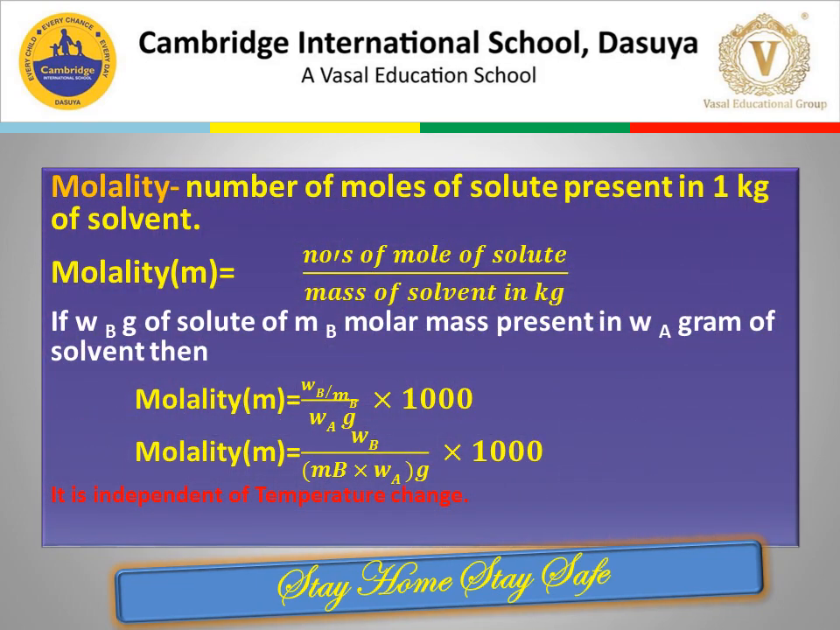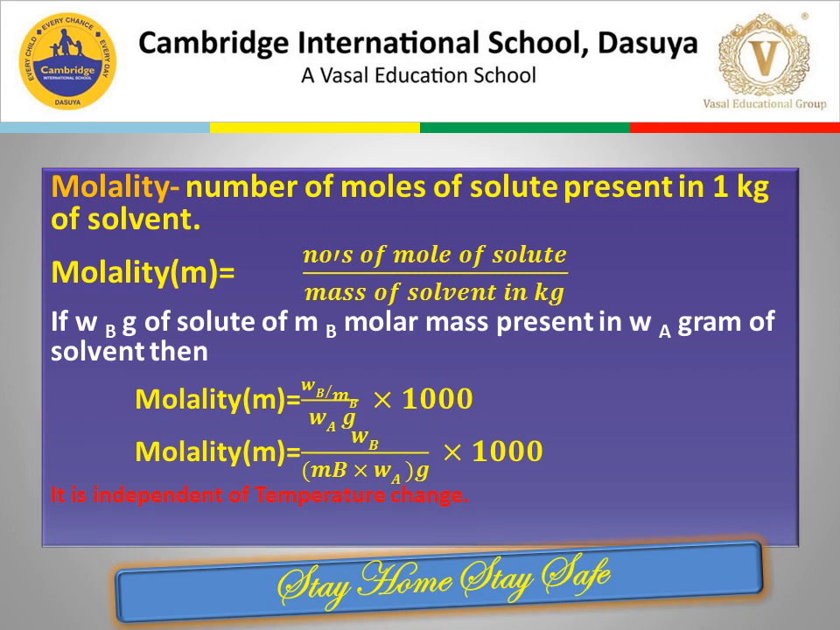Now the concentration can be expressed in another way, which is called molality. Molality is the number of moles of solute present in 1 kg of solvent. So it is the number of moles per kg of solvent. Let us suppose Wb gram of solute with molar mass Mb is dissolved in Wa gram of solvent. In that case, the molality is equal to the number of moles of solute